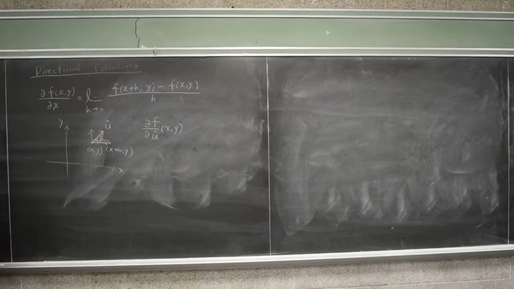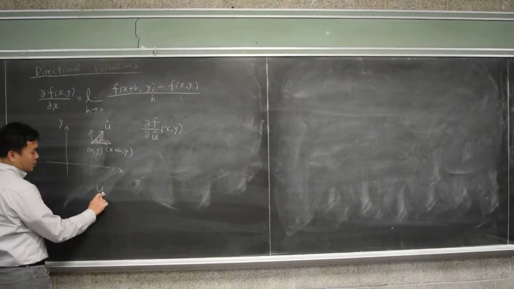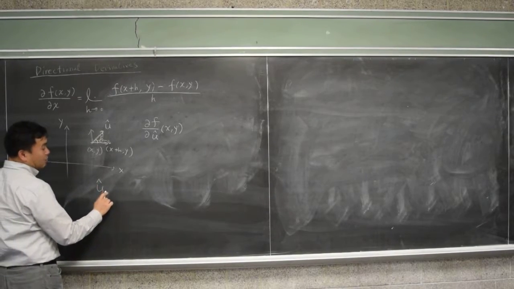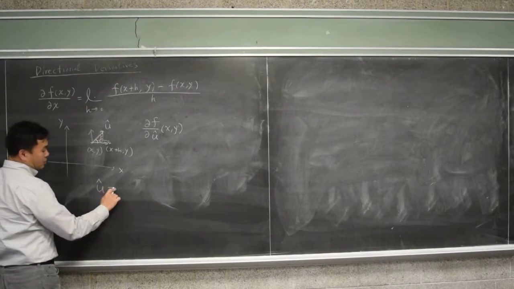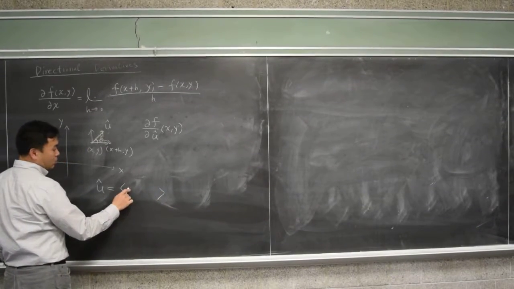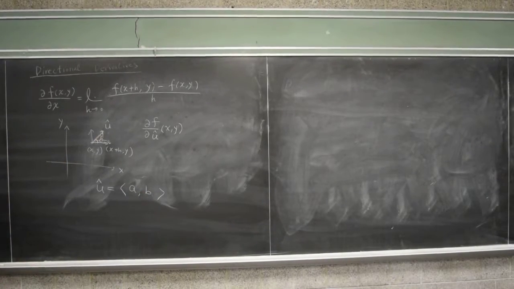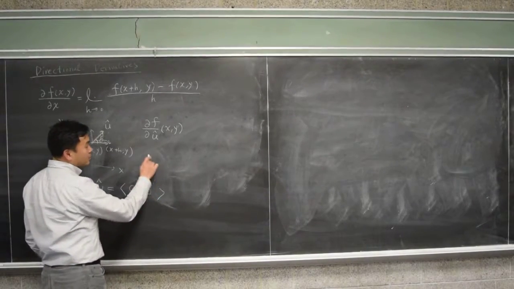And it's defined in the following way. Because u is really a vector, let's call its components a and b in 2 dimensions. Then